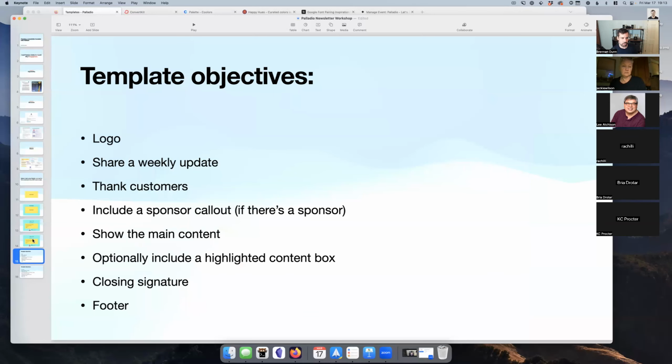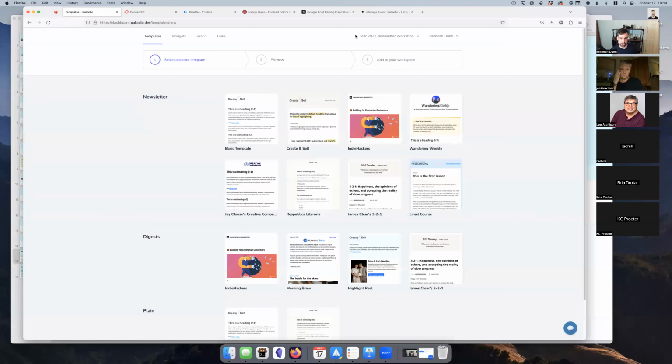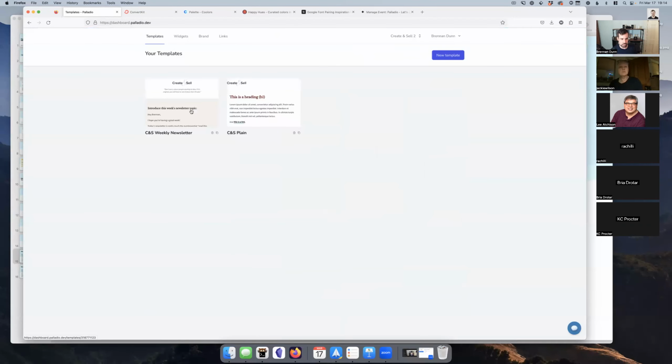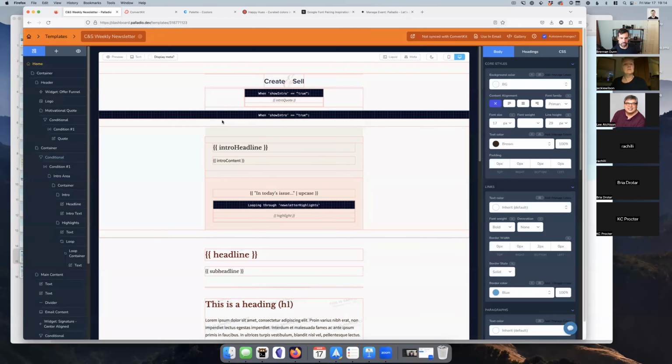Cool. All right. So that's all I wanted to cover, kind of high level. I'm going to get into the tool now. But before I build the tool, I want to show you my create and sell template. So if you're on my email list, which you probably are if you joined this, this is the actual